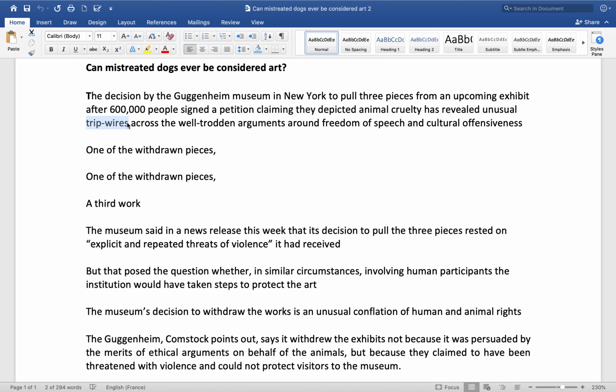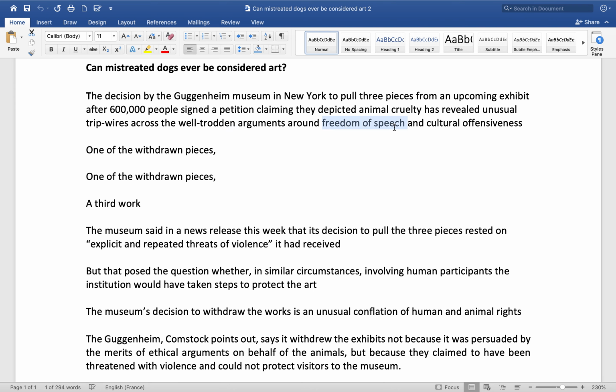Unusual tripwires, which means almost like, how shall I explain this? When power is tripwiring, it means it is disjuncting, so it's not working anymore. The well-trodden means that they are very famous arguments, okay? Well-trodden are arguments that we keep talking about over and over again. A well-trodden path is usually when we use this. To tread is to step or walk on something. So well-trodden means many people have walked that path where they have had an argument around, and we have the